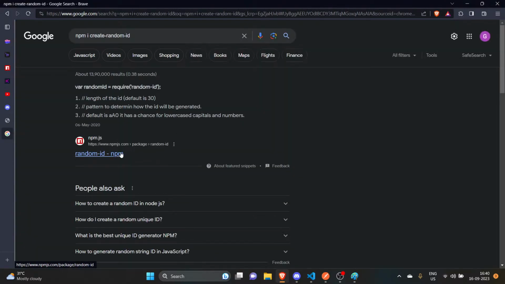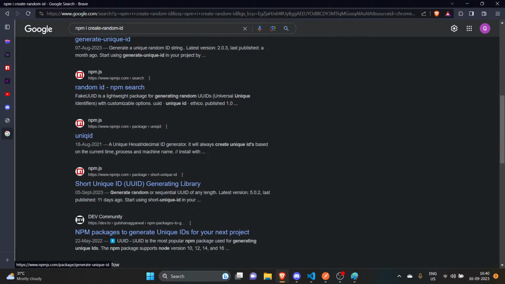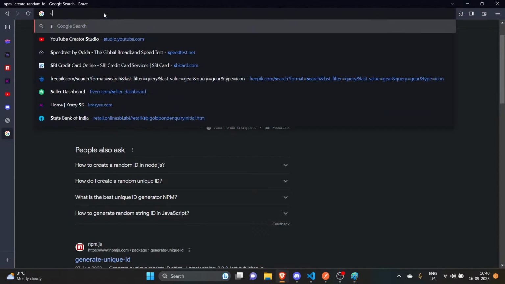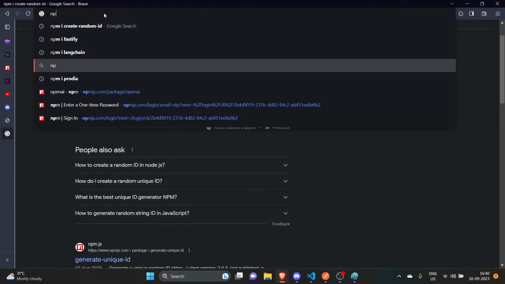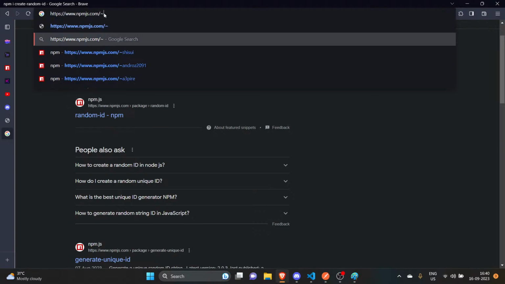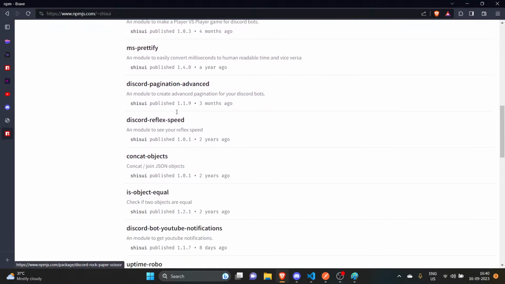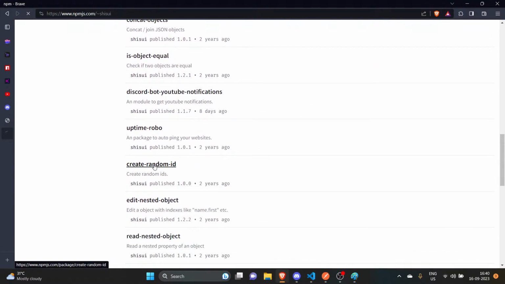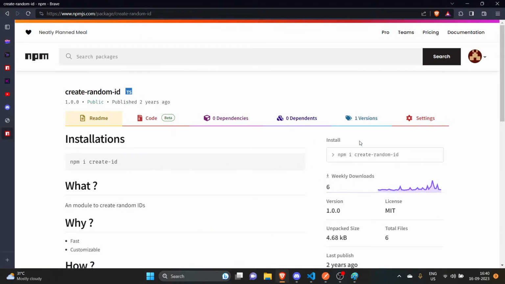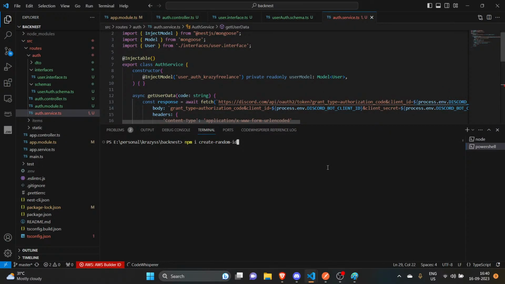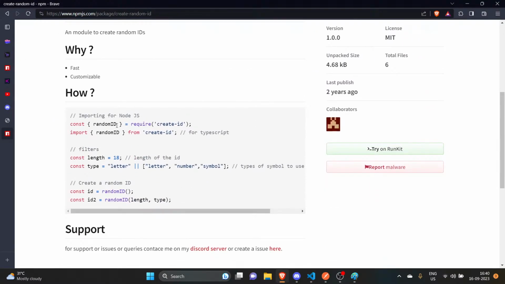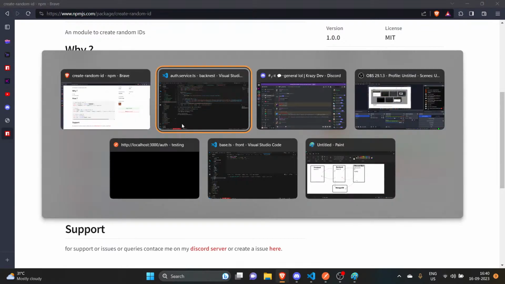And the only reason I'm searching it, what the fuck, it doesn't even show up. Okay, I was trying to promote my thing and Google, you just... this was a conspiracy, guys. Create random. Where is it? Create random ID. Yeah, there it is. It shows. Okay, it is 2 years old. Fuck. And it has a lot of downloads as well. So you know what I'm saying. Let me try to do create ID. The README file doesn't even have a correct package name. Man, this package is